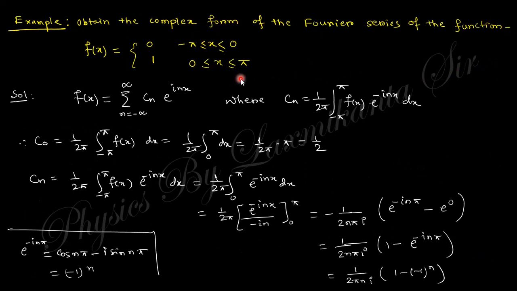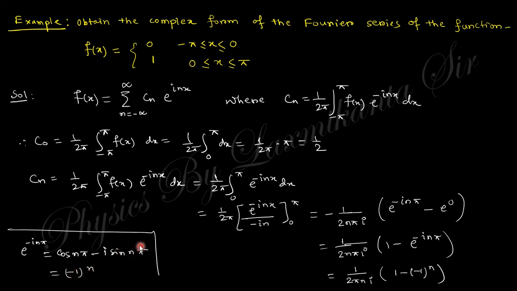So you need to find out the complex form. You know this is the complex form of the Fourier series where n equals like that. So find out C0. Just put n equal to 0 and put the value of f of x from 0 to pi, so you'll get half. For Cn from minus pi to plus pi, same thing, you just integrate and you get this expression, and you know e to the power minus i pi n equals cos n pi minus i sin n pi,